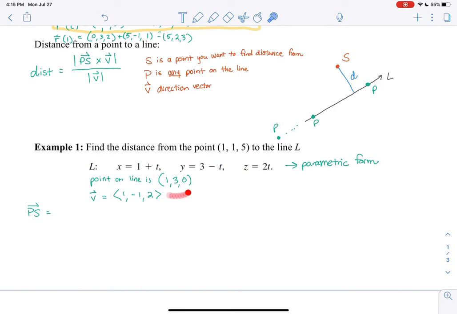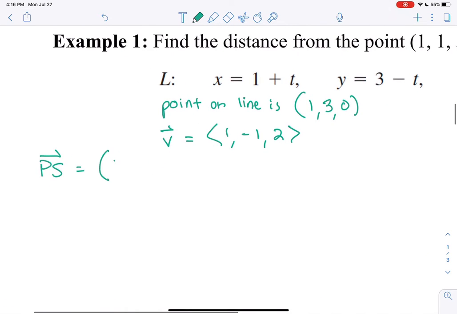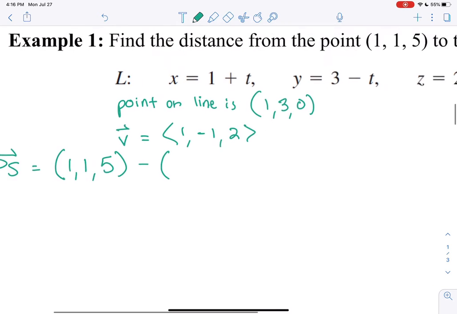But I could have plugged in any value of t. I could have plugged in 5 for t, and that would have given me another xyz point on the line. But I'm just going to use t equals 0 to get the point (1, 3, 0). So to find PS, I'll just do (1, 1, 5) minus (1, 3, 0),